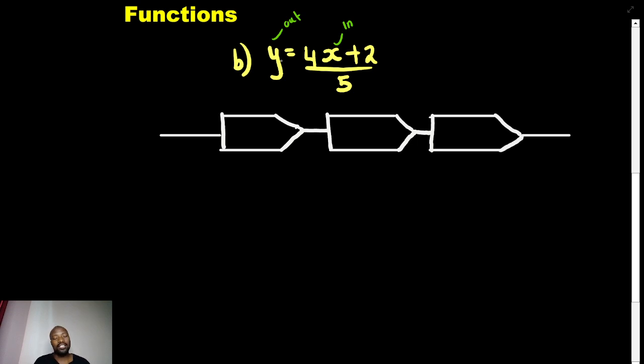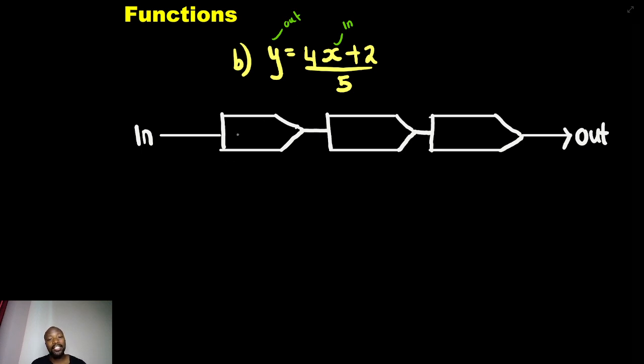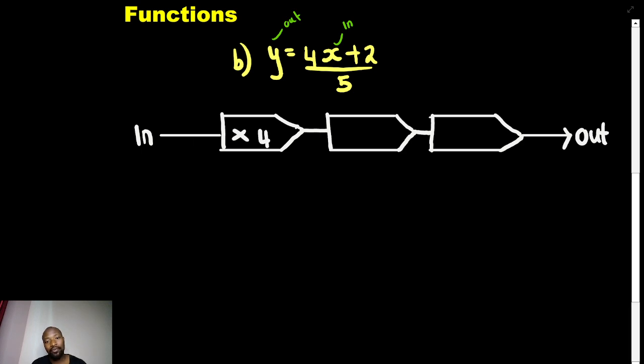Just to make things a little bit easier, instead of writing y, you just write output, and instead of writing x, you write input. So that is input, and this is output. Of course, for the output, you can put an arrow. There is also the inverse you can do. Now, in this case, our input is x, we multiplied it by 4. After multiplying by 4, we added 2. And lastly, we divide the answer by 5. For example,